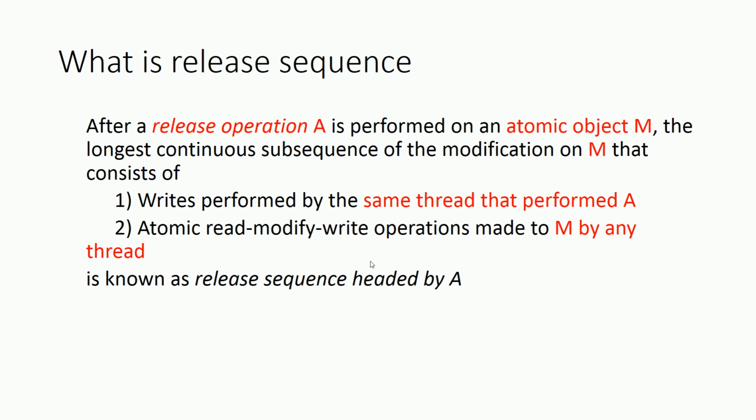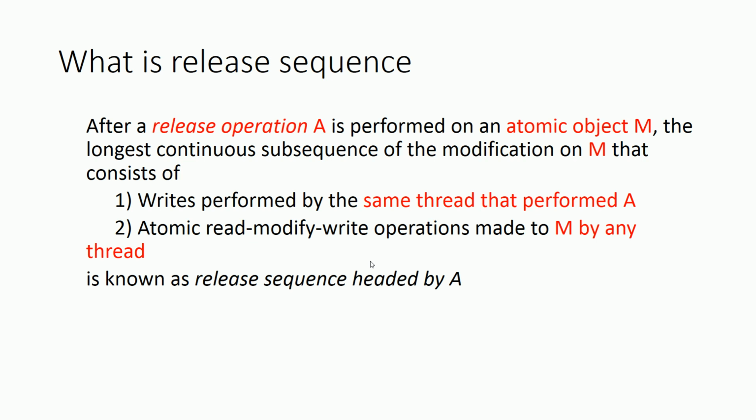In this video, we are going to discuss a very important concept called release sequence. In complex code, there may be chains of operations carried out on the same atomic variable. In such cases, release sequence provides us a rule to logically deduce the synchronization points and the outcomes. So what is the release sequence?